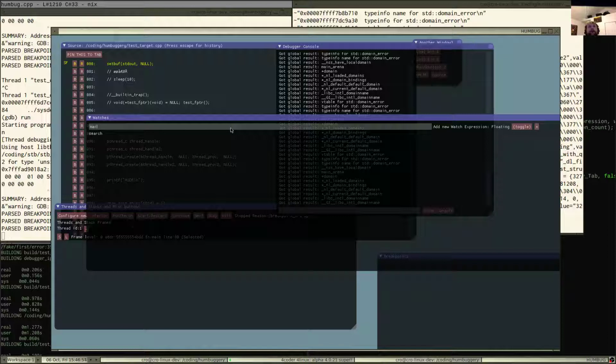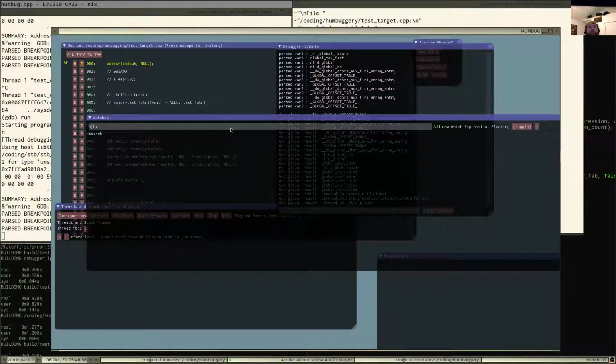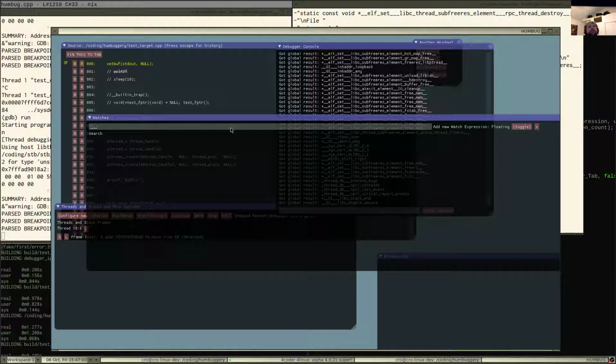So there's our main, and then we'll do global underscore. Yeah, so within this size of an allocation, we're still able to do a lot of searches. And that's fine.